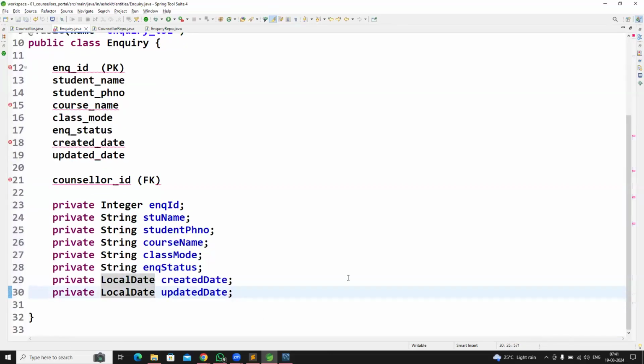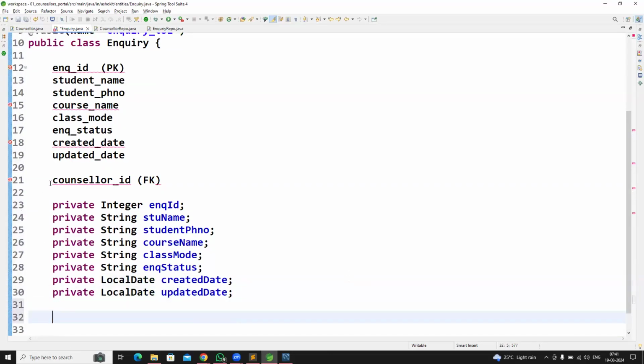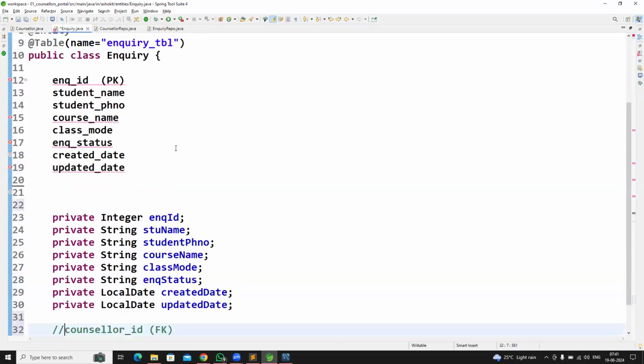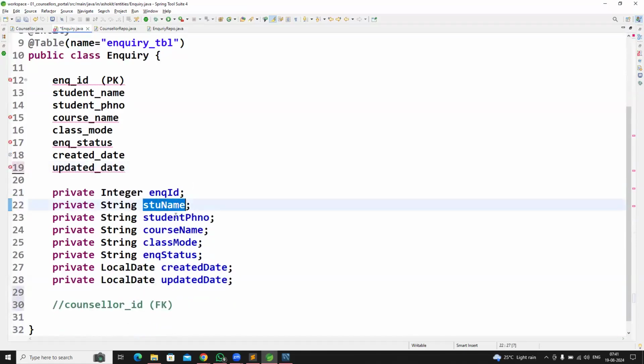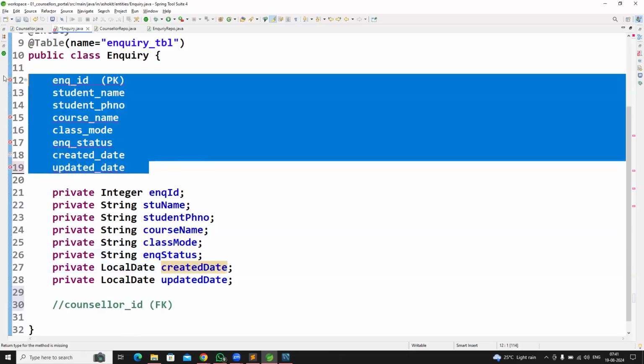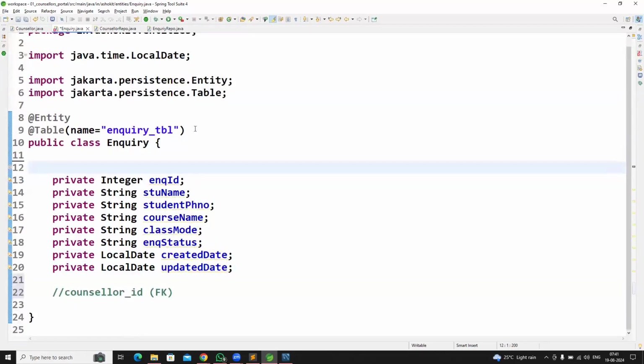Along with these things, we need counselor ID as a foreign key. Okay, let me keep it aside for now. Counselor ID we need as a foreign key. Remaining things are clear: inquiry ID, student name, student phone number, course name, class mode, status, created date, updated date. We are good. So here we need to represent